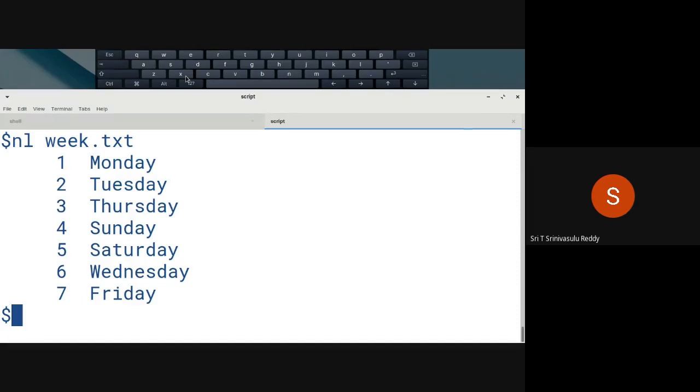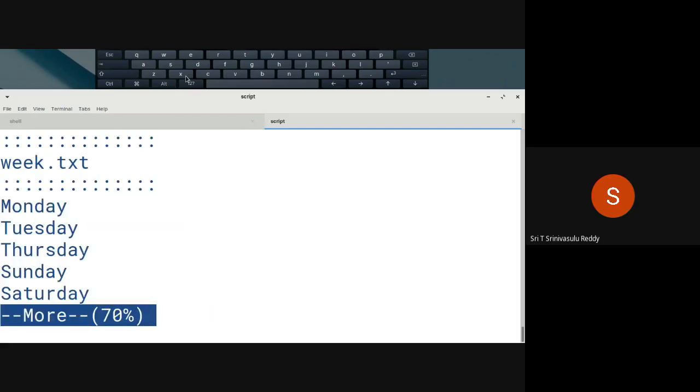There is another command called more also, in fact. more is the command that is there right from Unix days, but less is specific to Linux. So when you give more followed by week.txt and then month.txt, two file names, it's going to display interestingly, as you can see there. Initially it is displaying the file name first, followed by colons. It's very interesting, in fact. It's a good command sometimes compared to less.